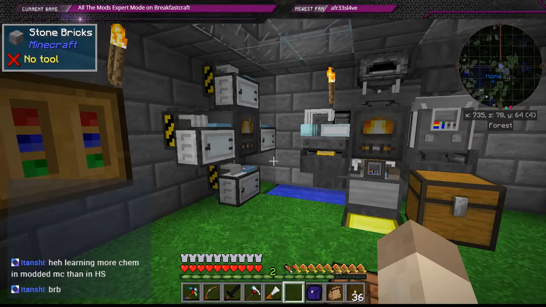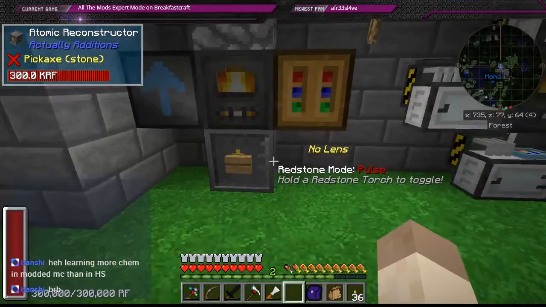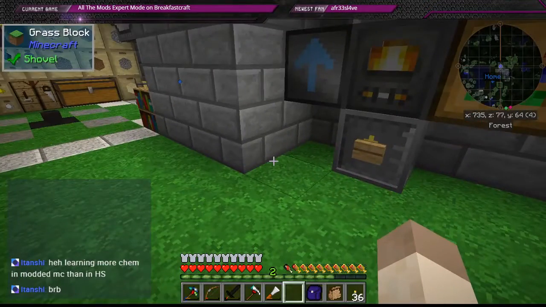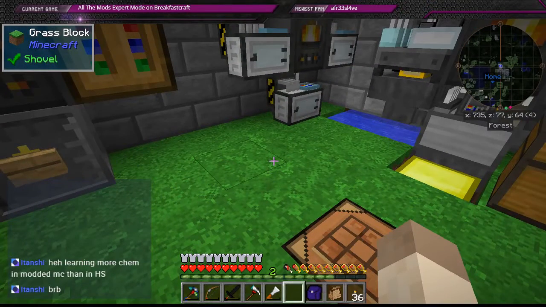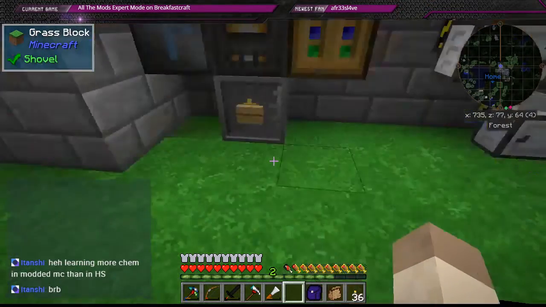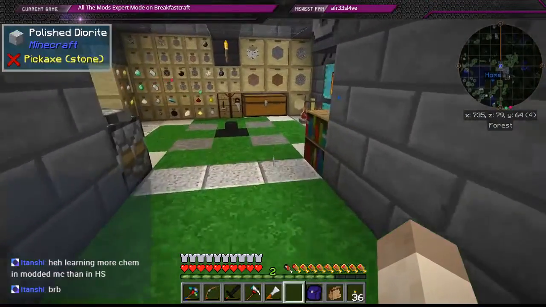That's all it's got right now. But we will be getting some progress done today. So today I would like to make the crusher from Actually Additions that we couldn't do because we needed this process set up. So we'll be doing that tonight, and probably doing the furnace too, the powered furnace, and then getting into our first power generation,